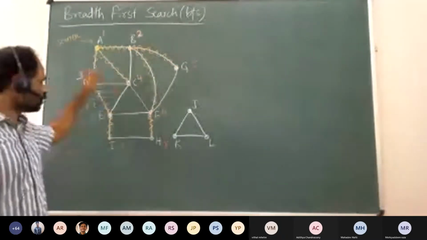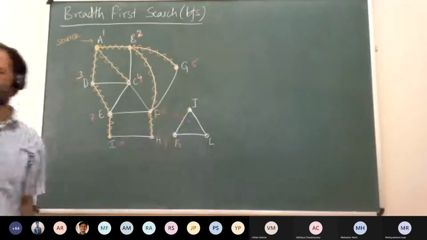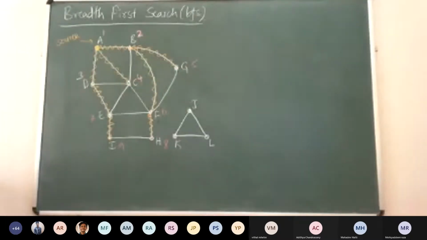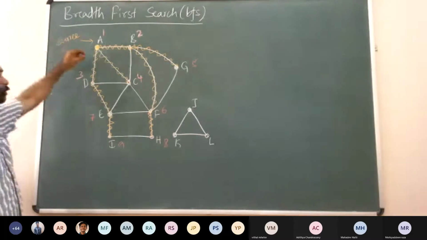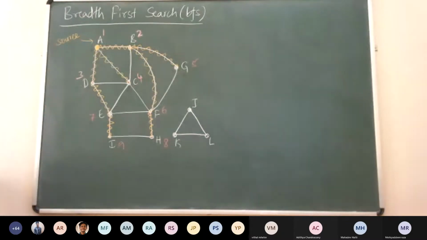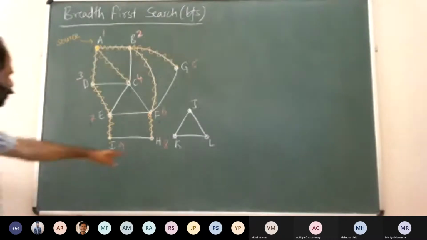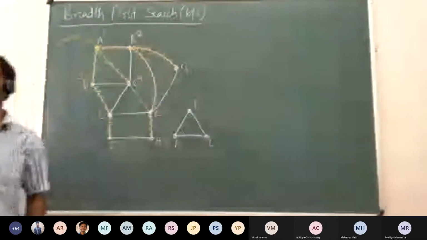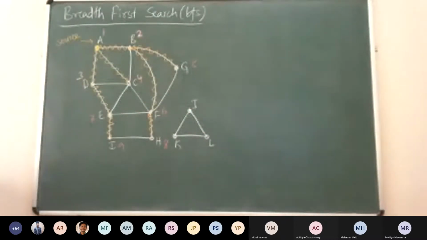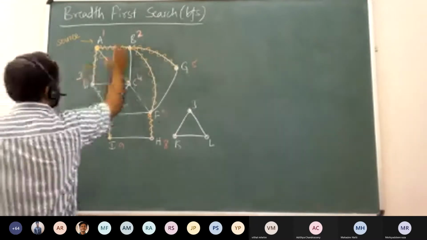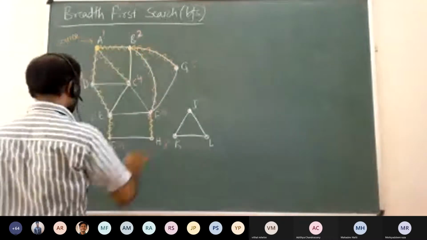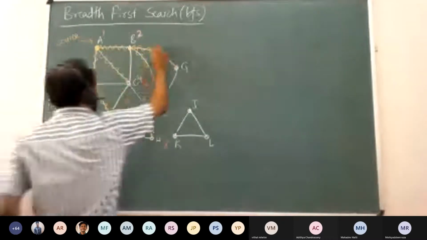Notice that the graph is not just this, there is another component, but the traversal will never go to the other component. While in depth first search, we went to all the components before we finished. In breadth first search, we will only visit those vertices that are present in the component of the source that is provided to us. The traversal will never go to this particular component. It will stop here and finish. So what I have drawn is the BFS tree.